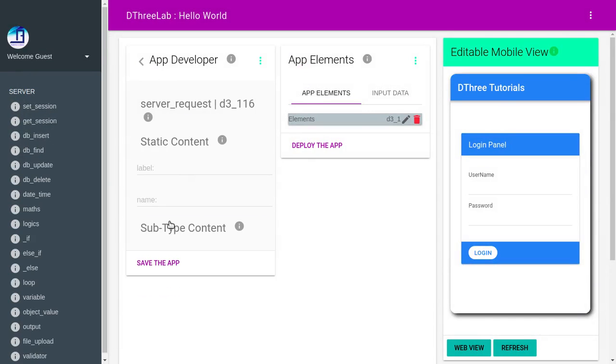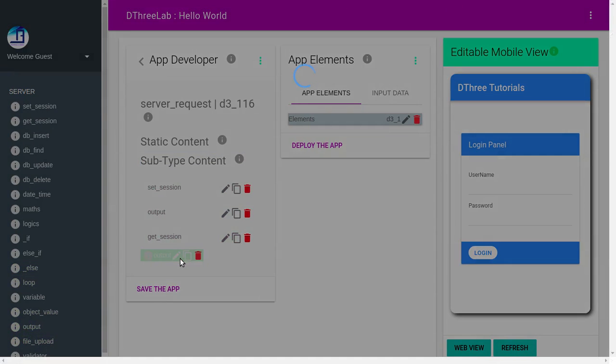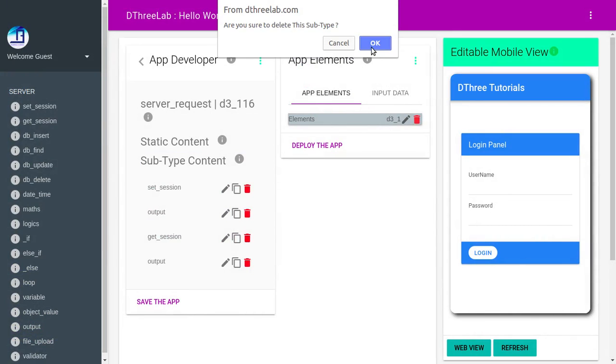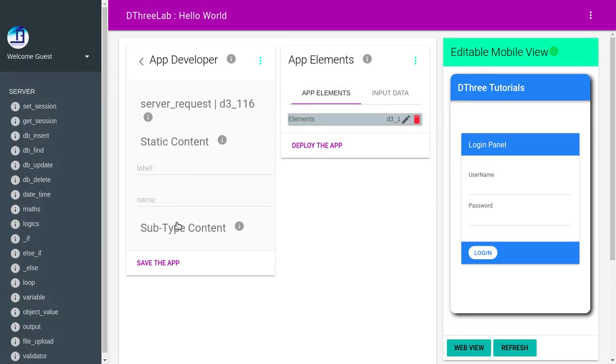After this alert, let's put another output over here. Let's remove these two things. So right now we have two outputs,